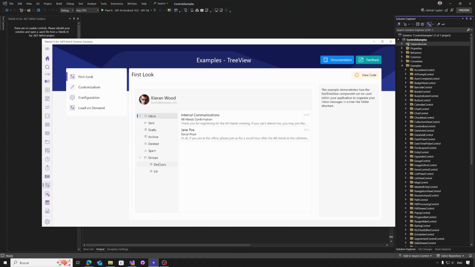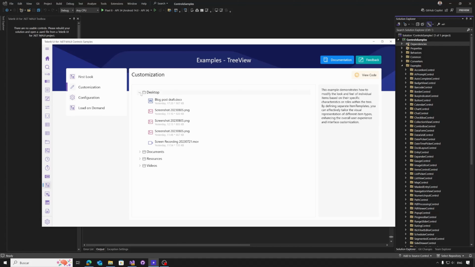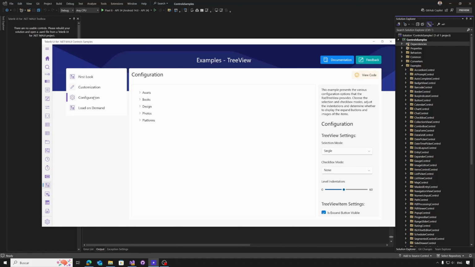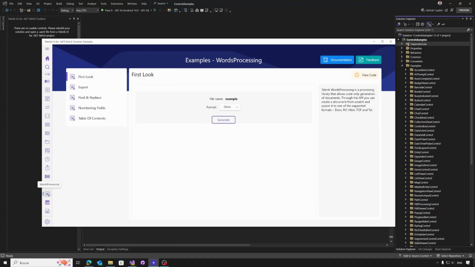and the tree view, allowing to display a huge amount of hierarchical data, allowing to navigate, expanding or collapsing between children, parents, etc. Like we have seen before, several options to customize, if the selection mode is single or multiple, the level of indentation, the settings related with the tree view items that we can customize, if only display text or also icons, etc. Similar to the Excel file, we have the word processing that allows us to generate Word documents,